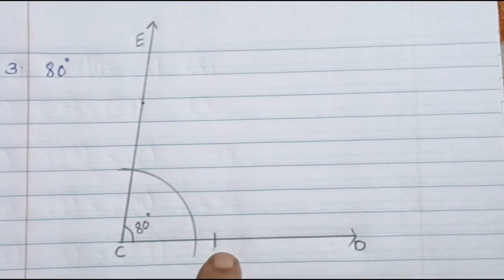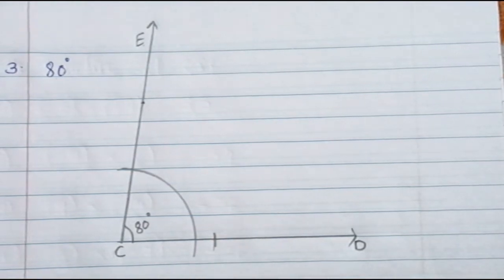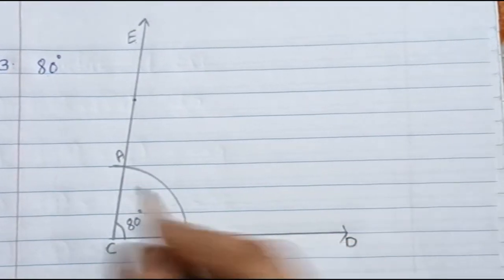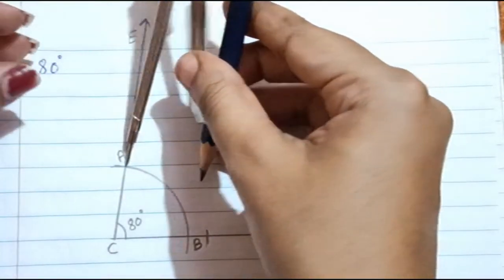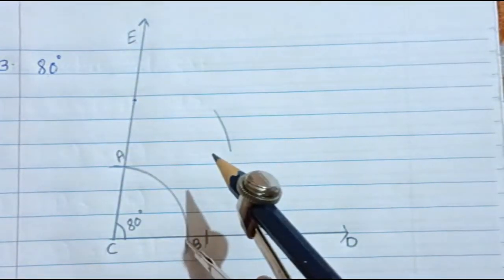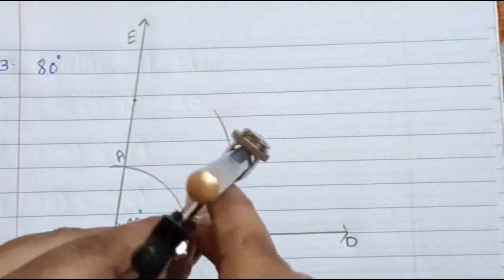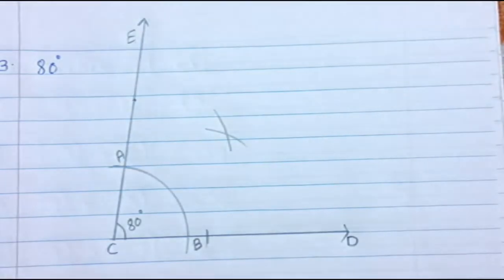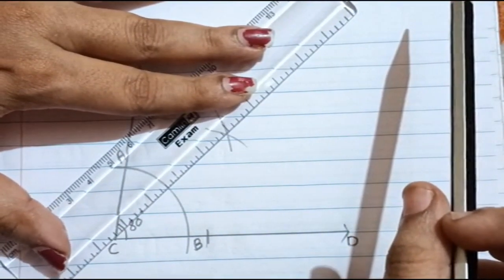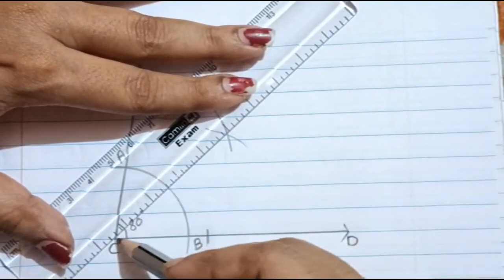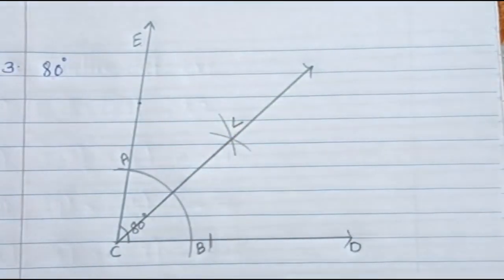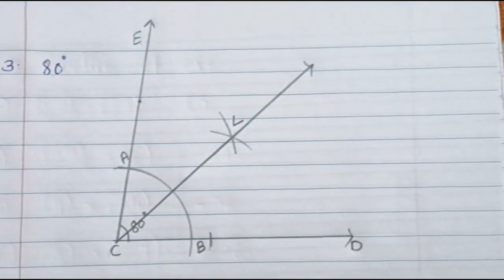Then bisect, okay. I'll just erase this. You just ignore this point. And from here I'll name these points A and B. Okay, so again from point A I'll draw the arc of a convenient distance. This from A and from B, and then the intersecting arcs I have drawn. Okay, so from point C now I will draw the line. Is that clear? And I'll name it as L. Is that clear? So you all have got this point.